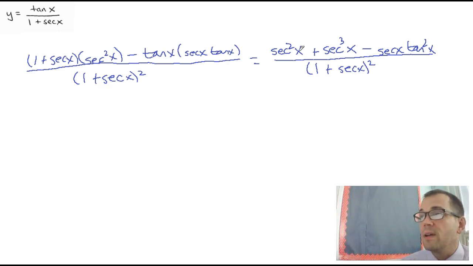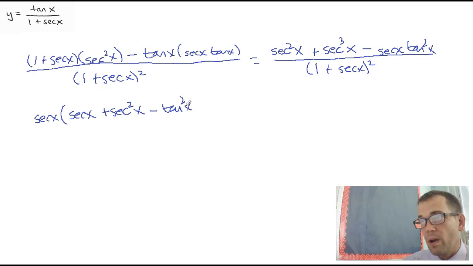Not looking great. I do see a common factor of secant in the numerator. When I factor secant out of there, if I took one of the secants away, it's just a secant. That'll be secant squared, that'll be minus tangent squared, all over